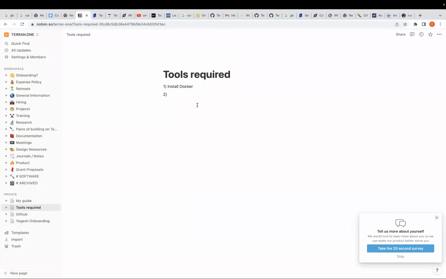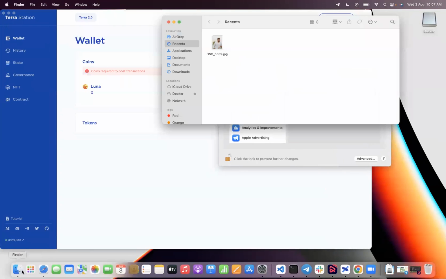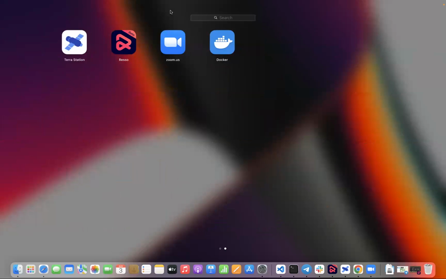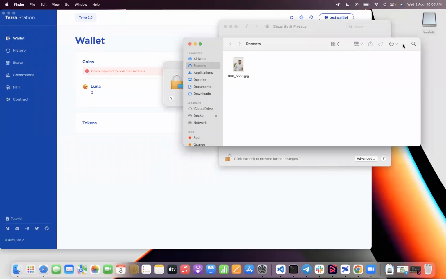Okay, I think we have everything running. Yeah, so Docker is there. We just need to install like